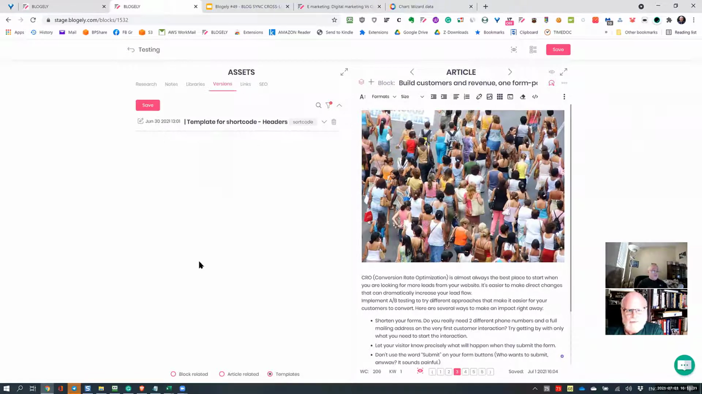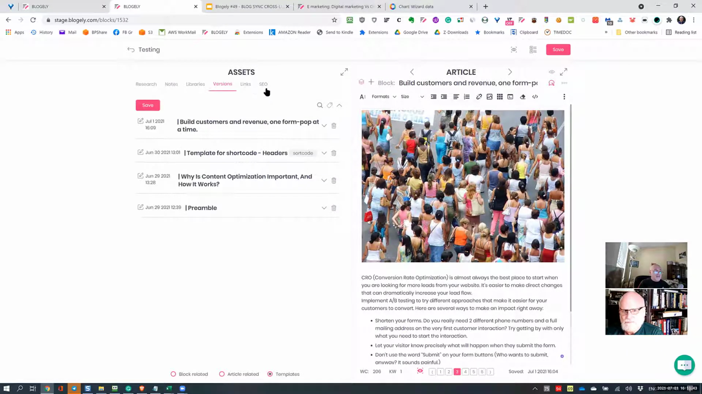So remember, you can make as many different block templates as you want. They are reusable. You can organize them with the shortcodes and the tags and use them here